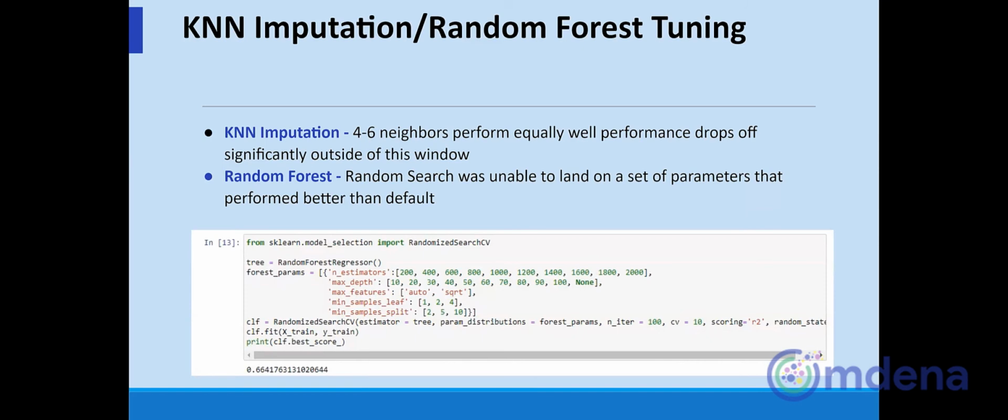Looking at Energy Star was kind of our most important thing. Getting the data right for imputing those values had the greatest impact on model performance. So I ran some tests on the KNN imputer, changing the number of neighbors and some of the other hyperparameters for just the KNN imputer. It turns out that between 4 and 6 neighbors performed relatively equally well, but outside of that window, the performance